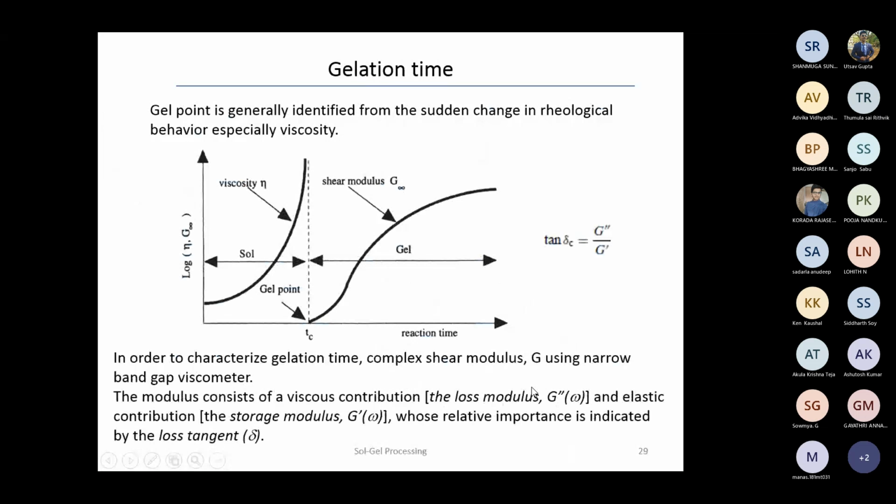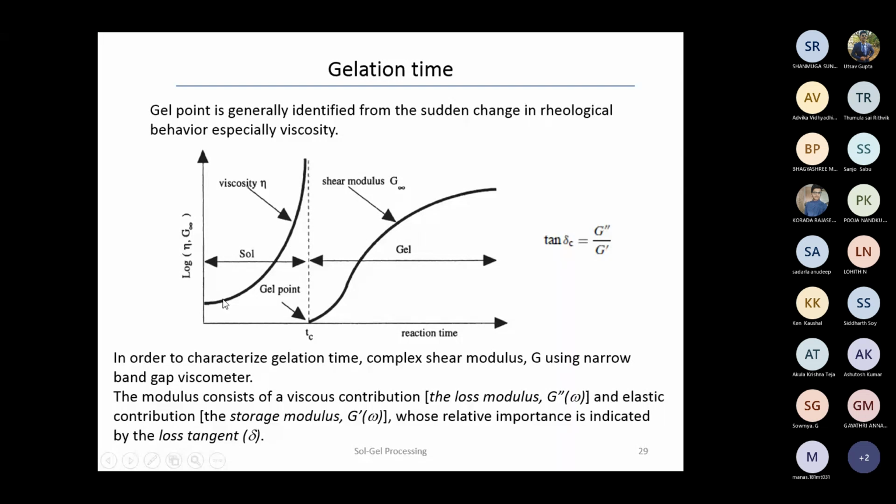And if you see the viscosity, this is the sol viscosity. The sol viscosity will increase and then it will convert to gel. Here you can see the gel formation. Then again with time the gel viscosity will increase. Now the question is how the sol viscosity is increasing. There is a continuous evaporation of the solvent, and that is the reason that once the sol forms, the sol viscosity will increase. Similarly in the gel, the aging effect increases the gel viscosity.